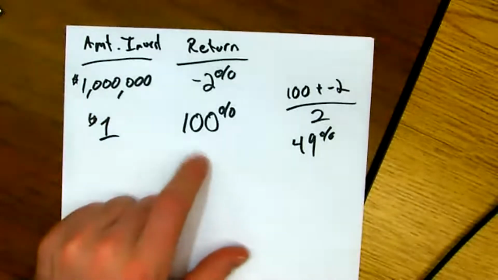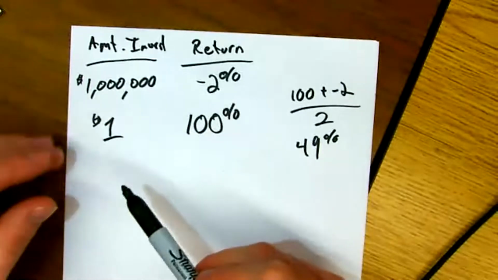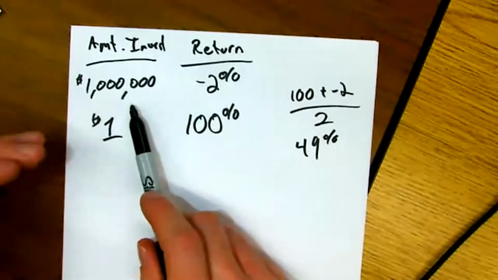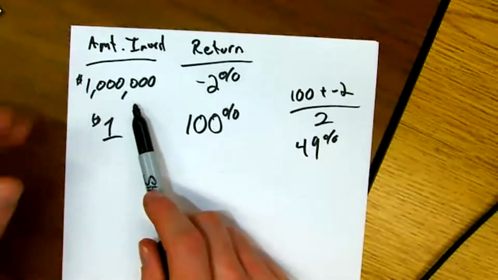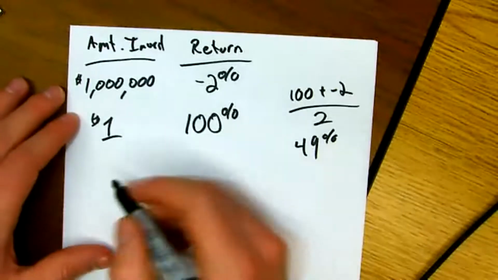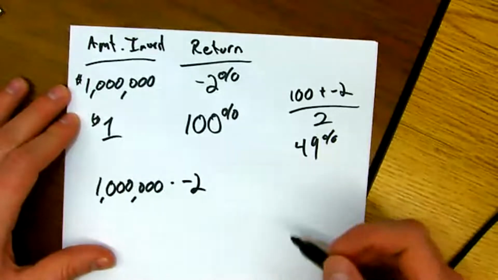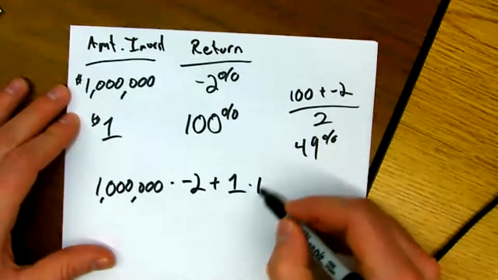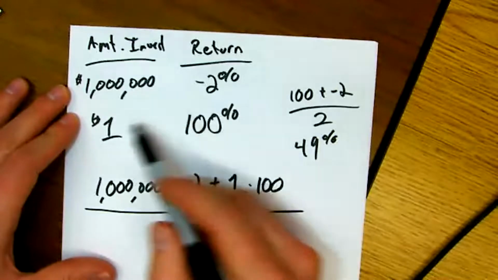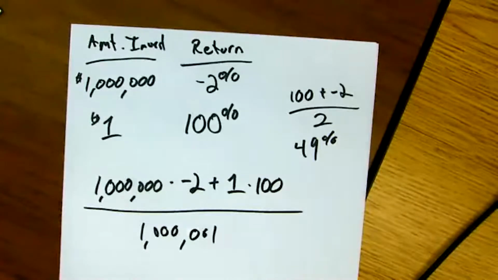So the way that you could calculate the average return of this portfolio is these returns don't represent the number of people now, but they represent the proportion of my total portfolio that was invested in this one stock or this one mutual fund, right? So I would go 1 million times that negative 2% return, plus that $1 times the 100% return, divide by the sum of my weights, right? And I could get my weighted mean. I can't do that math completely in my head. I could maybe get close if I tried, but,